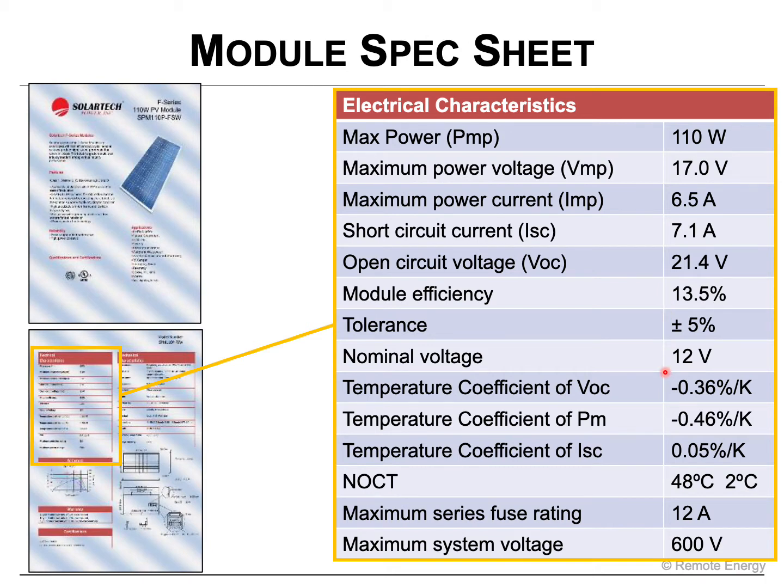They're telling us that this is a nominal voltage 12-volt module, which means that we could connect this into a 12-volt system. A single module could be charging a 12-volt battery, so we would be at a slightly higher voltage, 17 volts to start, and then we would be charging a 12-volt battery